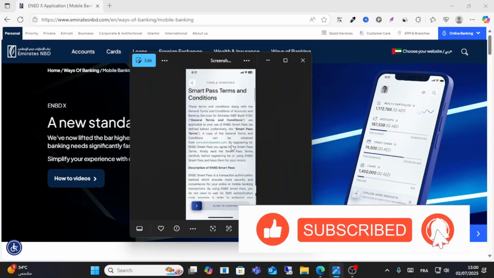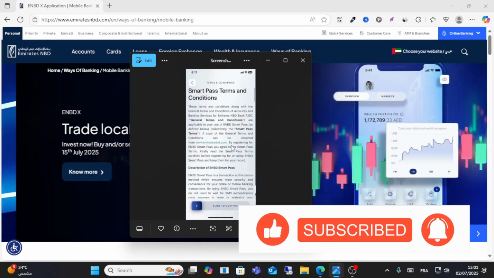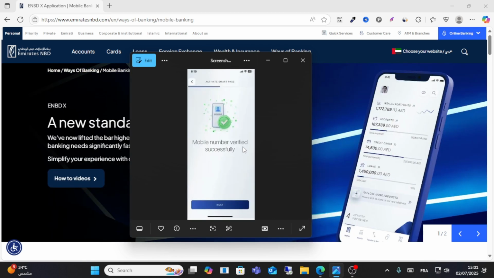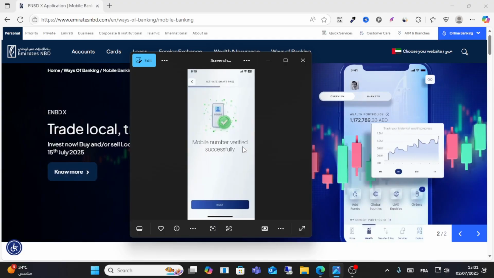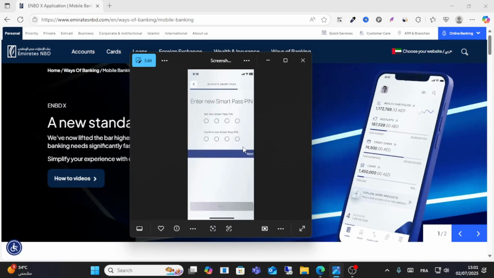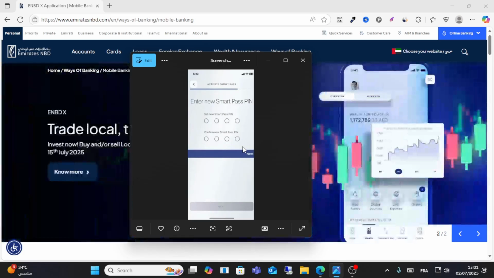After that, choose new PIN, set up a new PIN, guys. Click this one to confirm, and then set up the new PIN. After setting up the new PIN, guys, you will choose set PIN and then activate. You will receive an OTP, a one-time passcode, sent to your registered number, and then click next, and then choose a new PIN to activate your process with the OTP. And then guys, you will confirm, and the SmartPass will be ready to secure your transactions.